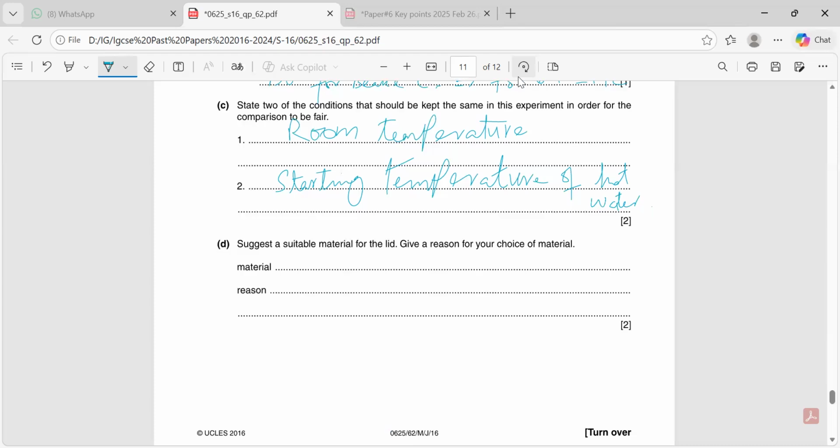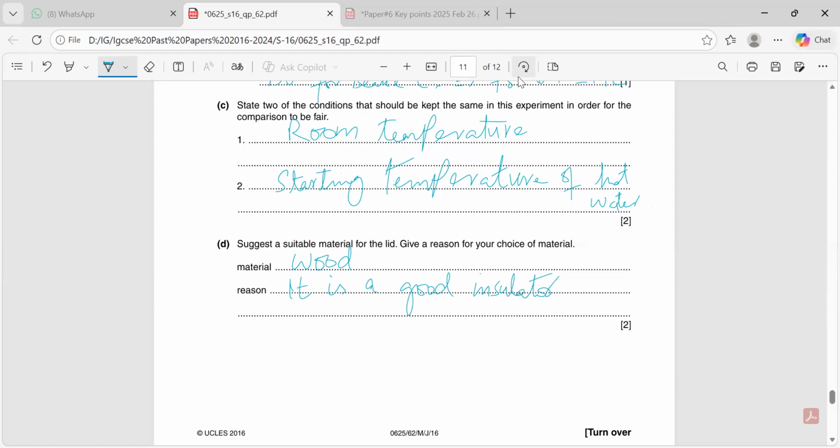Suggest a suitable material for the lid. Give a reason for your choice of the material. So of course it should be an insulator. Like the lid can be made of wood. Why? It is a good insulator. That is very simple by the way. So the lid should not be a metal. It should be a non-metal insulator, so that